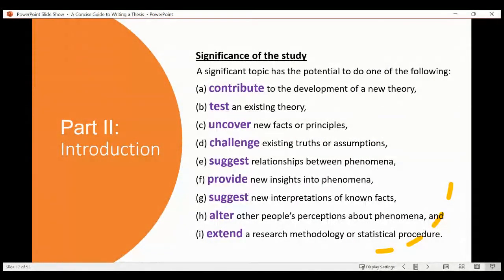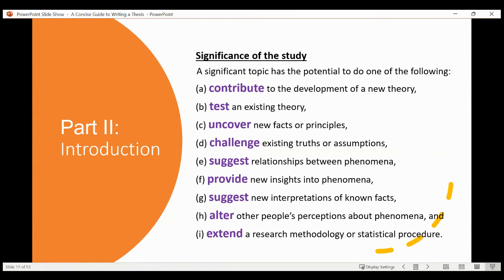Significance of the study. So here you need to tell us, so what? You are conducting this study. Okay, so what? What is the significance of this study? Is it significant? What is the contribution of your study? So you need to do one of these 8 or 9